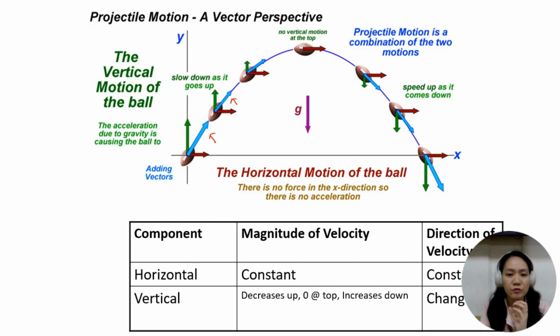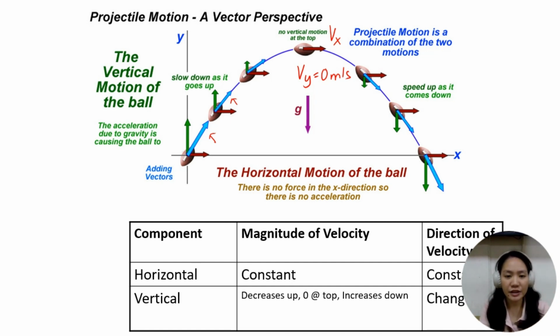I would like to highlight as well that at the apex, you won't see a green arrow because at the apex, the vertical velocity, or the velocity along the y, is 0 meters per second, or there is no velocity along the y at the highest point. What's there only is a velocity along the x, which is constant, the same as any other horizontal velocities throughout the trajectory. And also remember, gravity is always present in each point in the trajectory.